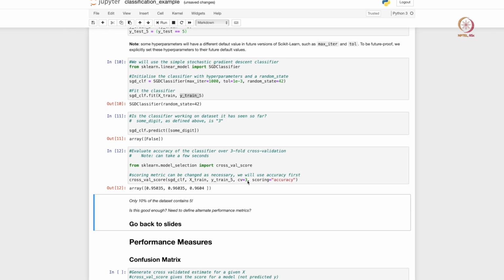This cross validation is done over 3 folds, so this is 3-fold cross validation, and we are measuring the cross validation score of accuracy. So accuracy is basically: if you show a bunch of images to the model, how many predictions it gets correct divided by the total number of predictions, right.